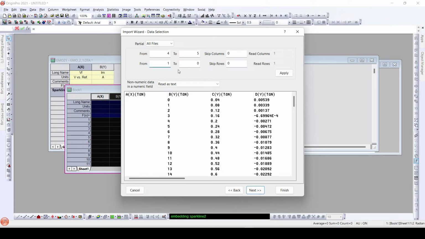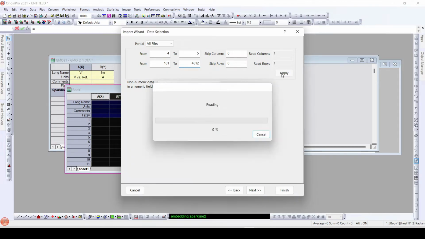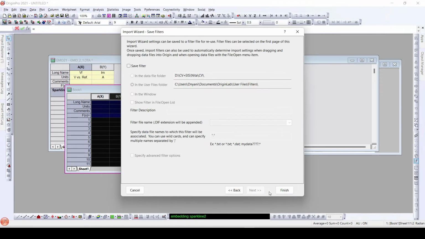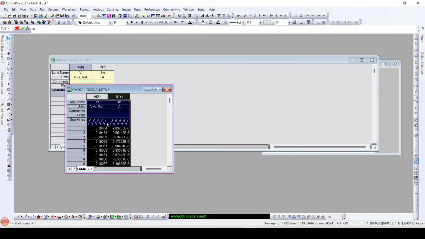Also, we need to import the data from 101 to 4612. These are the row numbers up to which we need our data to be imported. Okay. So I will click apply, and then when I click finish, I get this kind of data that we can see here,